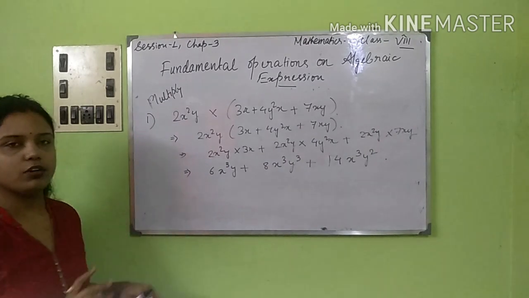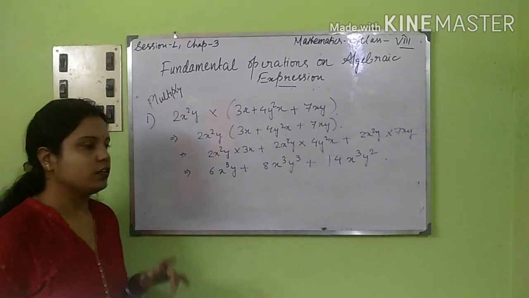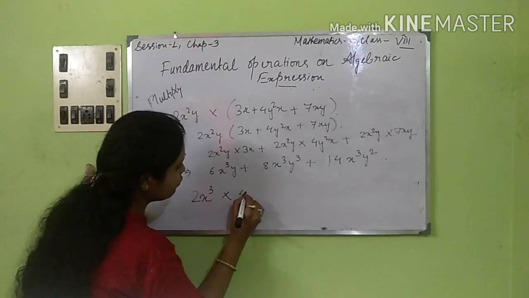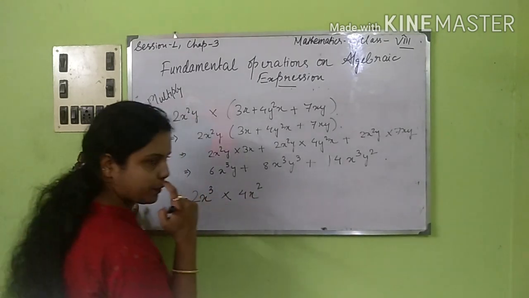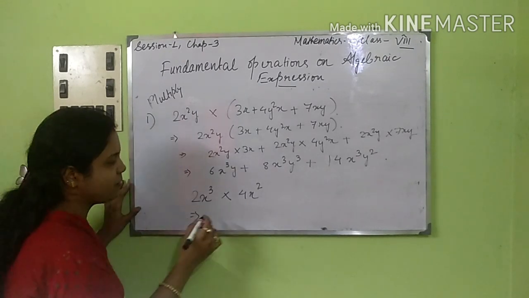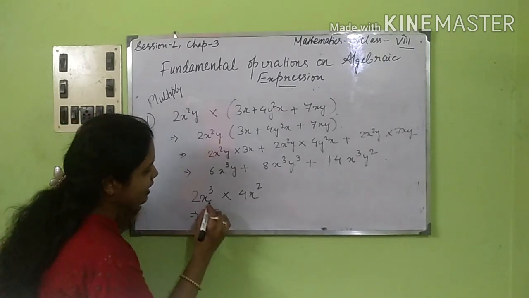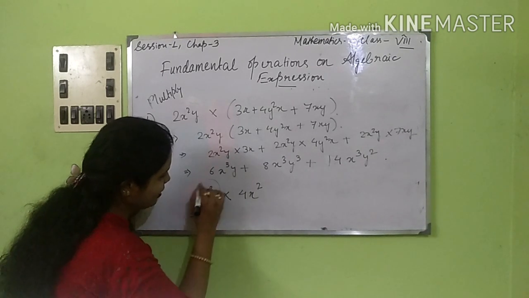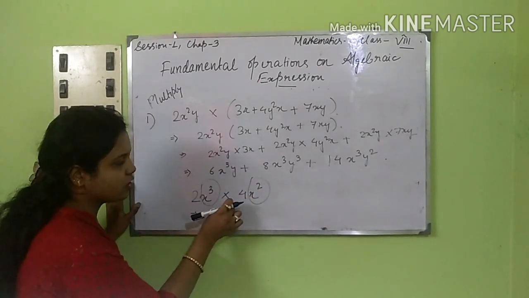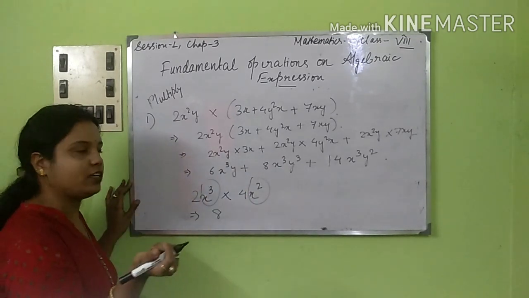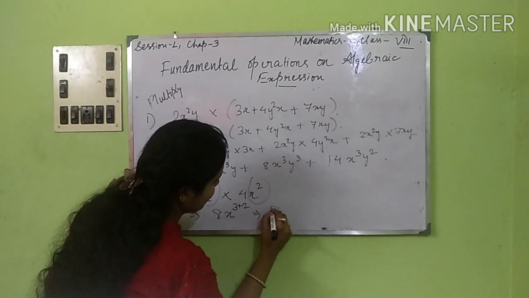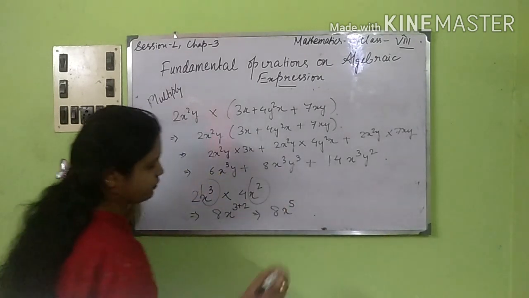So here we are going to apply the exponent formula. Let me tell you simply, suppose it is 2x cube into 4x to the power 2. Now 2 into 4, as you know, the numerals get multiplied, it will come to 8, and this x is having x to the power 3 and this x is having x square. So bases are equal, multiplication sign in between, powers will get added up. That means it will come to x to the power 3 plus 2, so you are having 8x to the power 5.